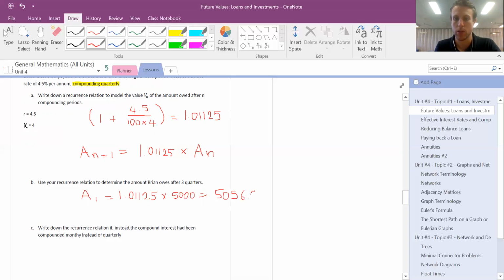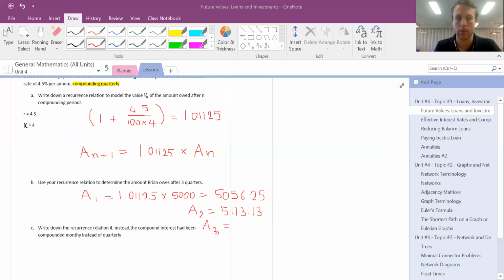Now, since this is going to take a similar process as before, I'm going to skip a little bit of my working because it's going to take me a long time to do it on the computer. So my A2 term will just be that value there multiplied by the common ratio. So I can multiply that by the 1.01125. Oop. Let's try that again. 1.01125. And I'll end up with $5,113.13. And following that process down to the 3rd quarter, because that's what we're interested in,